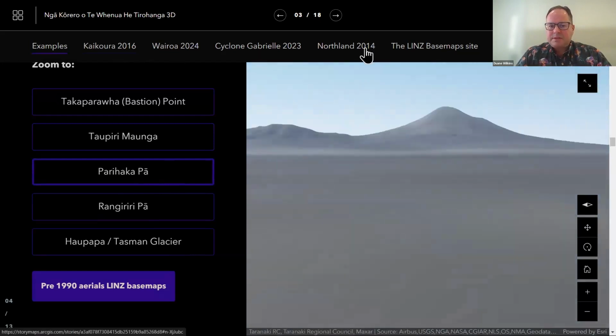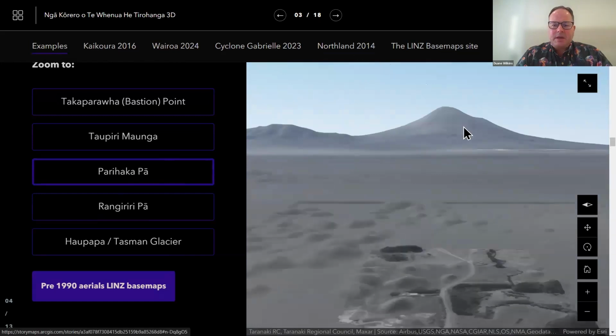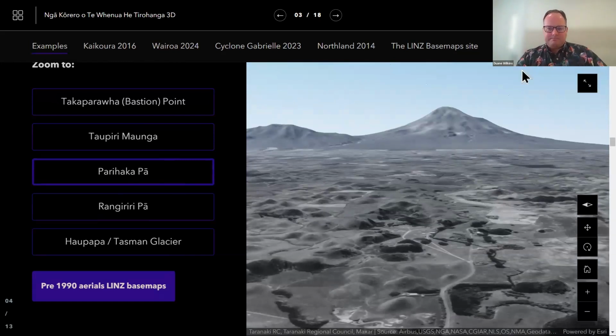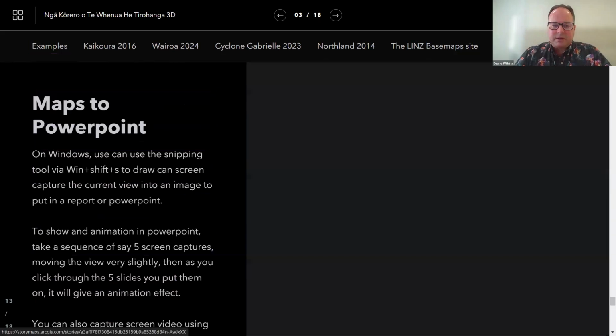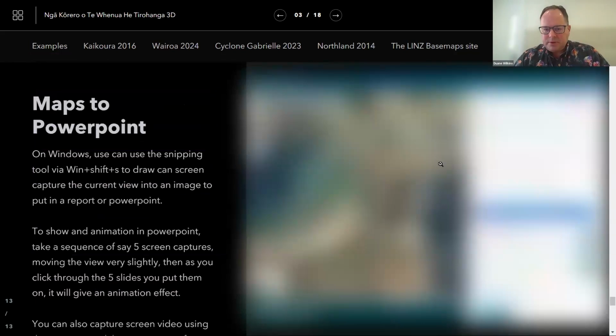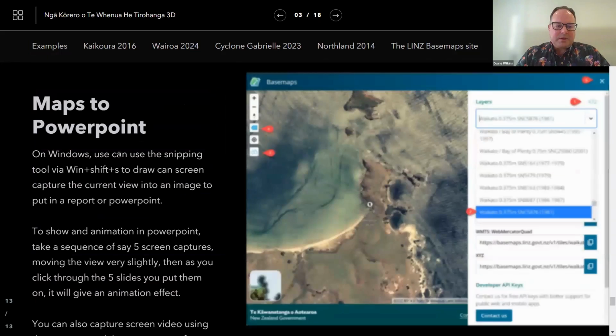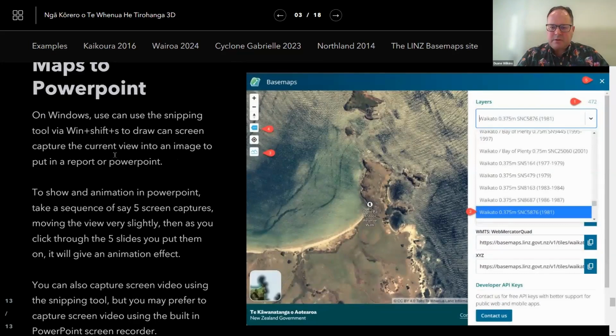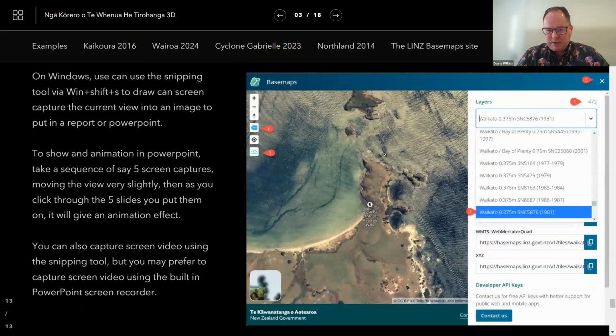If we have a look at Parihaka. So you can see up the top here, there are some different links as well. If we go, okay, so how do I take one of these maps, these views that I see, and put it into a PowerPoint or a Word document? Aroha mai, I'm not sure with Apple users, but I know there'll be some similar tool for Apple users. But with the Windows snipping tool, or if you just look on your Windows menu for Windows snipping tool, you can capture the screen and then paste it into a PowerPoint.